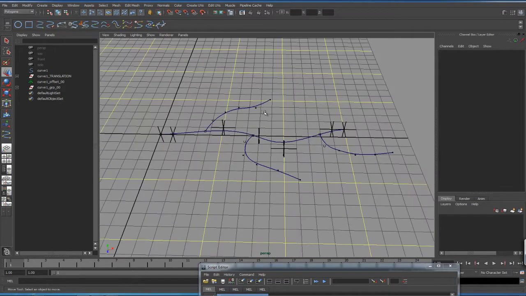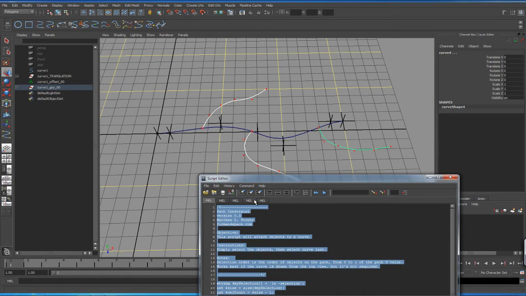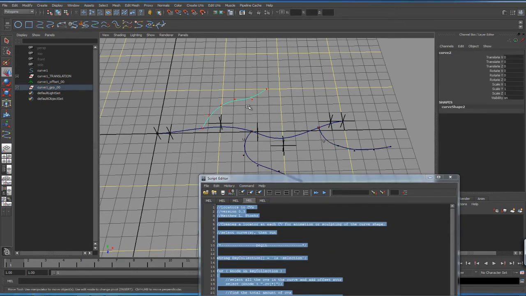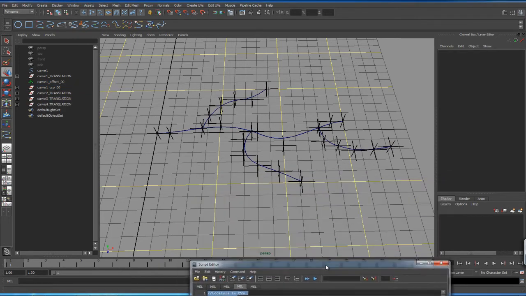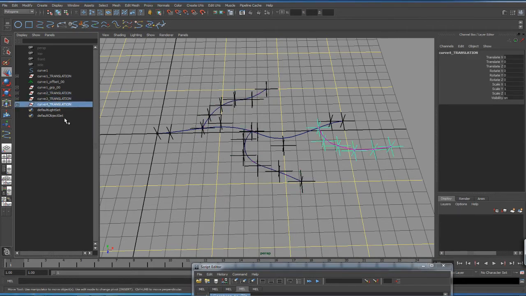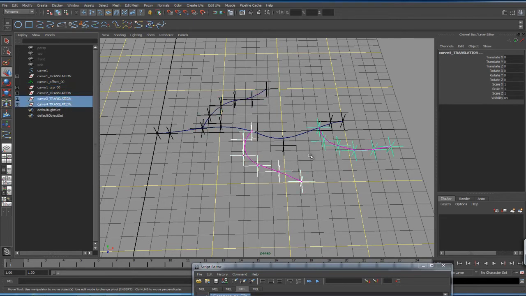So let's take those 3 curves and run the same tool on it, the locators to CVs tool. Make sure they're selected in object mode and hit play. And now we've got controllers for all of those. And we also have these translation objects to go with it. So we have our group that actually has the motion path assigning the curves to the main branch, and we have these translation groups, which do allow us to